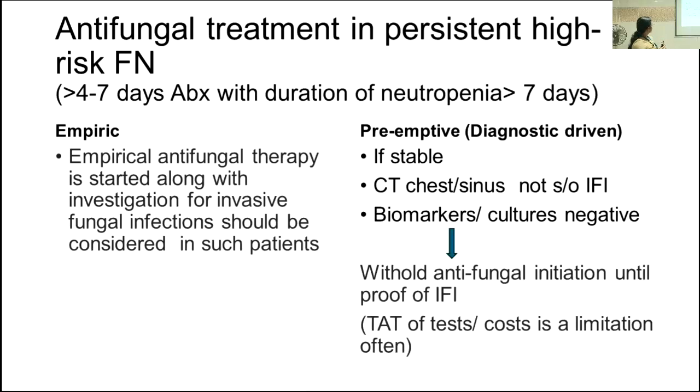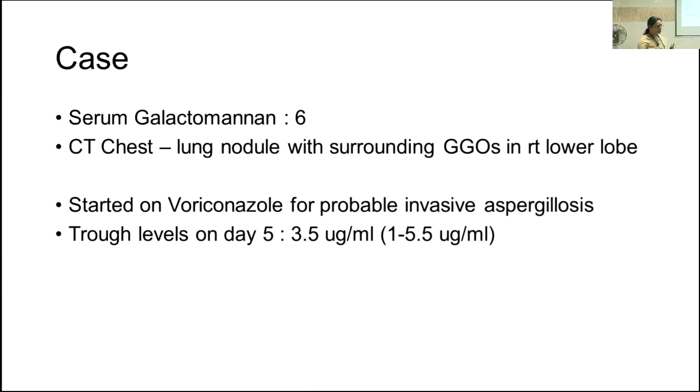So in this case, he did get started on meropenem, targocid and amphotericin B. And then later his serum galactomannan came positive and CT chest also showed a lung nodule with a surrounding GGO. So he was started on targeted therapy with voriconazole for a probable invasive aspergillosis, and trough levels were checked and